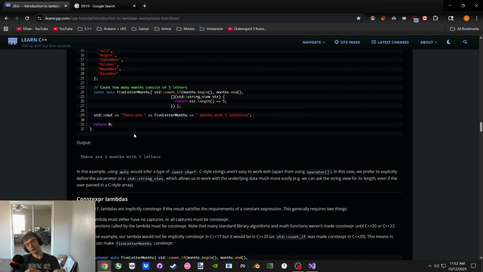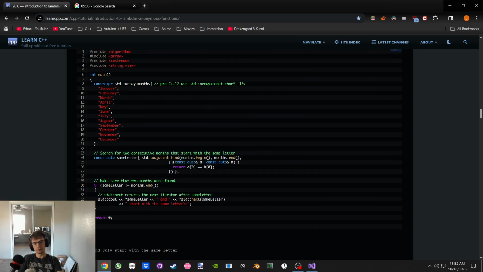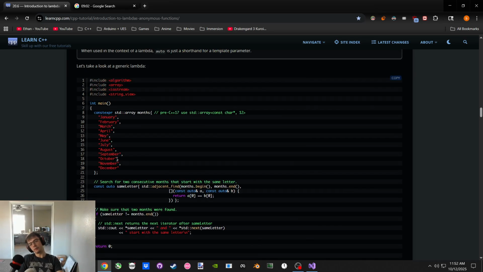But we can use dot length. We don't have to do a loop and loop through until we see the null terminator, and then, oh, what happens if it's not a null terminator because you passed it something that was acceptable because of const auto, but doesn't have a terminator? What do you do? And you have to pass in the length for each one of these, and you just get some stupid stuff.